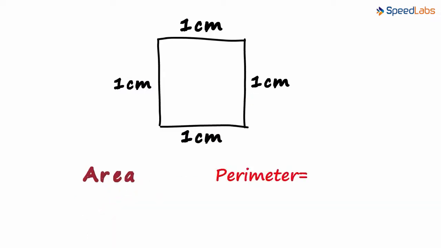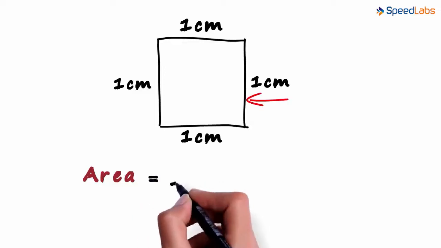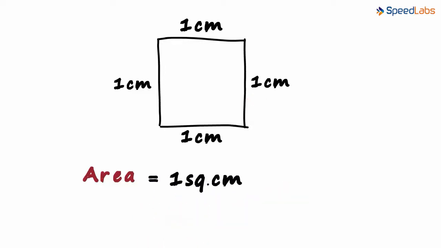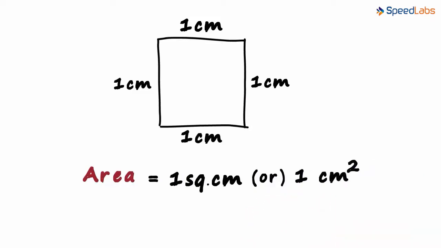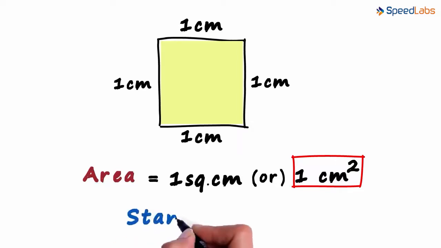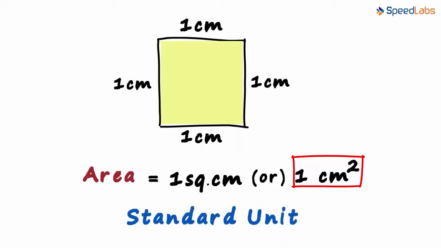Perimeter can be calculated as 4 multiplied by 1 centimeter, which equals 4 centimeters. The area of this square is 1 square centimeter. This can also be written as 1 centimeter squared. This area of 1 centimeter squared will be the standard unit we use to find the areas of smaller rectangles